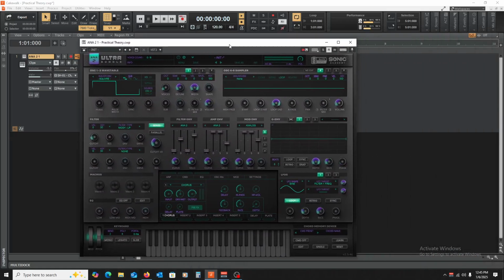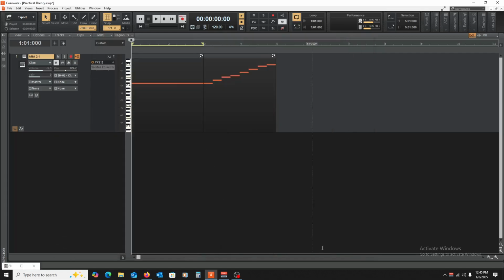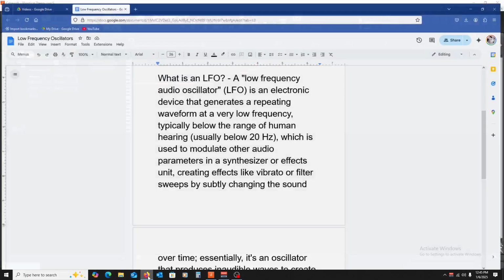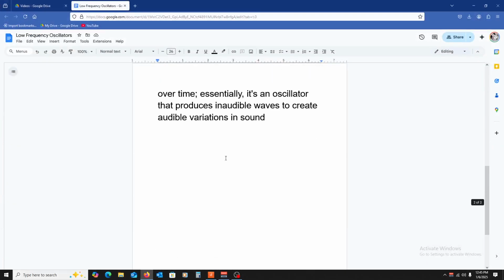One of the ways that they are implemented is with choruses, flangers, phasers, and other modulators, as we're going to get into over the next few weeks as we take a deeper dive into what those effects are. And you can start to see how LFOs are used to control the parameters of those different effects.